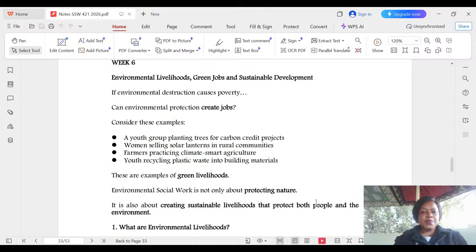So I'll pose a question to you here. If environmental destruction causes poverty, and environmental destruction in this case is us mistreating the environment, our relationship with the environment becomes hostile, violent, counterproductive. So we abuse the environment, we litter our environment,